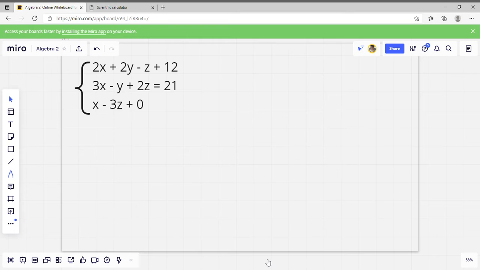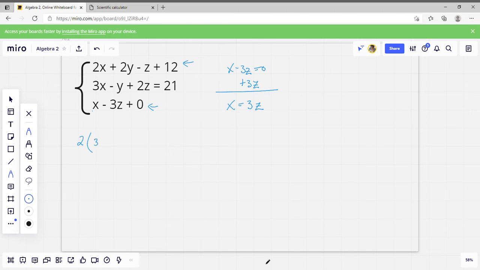Alright, on this one, we don't have an x equals, so I'm going to move this bottom equation around right here to get my x by itself. So I'm going to say x minus 3z equals 0. Now I'm going to do plus 3z, and I'm going to get x equals 3z. Then I'm going to substitute that value into this top equation. So I'm going to say 2x, which is 3z,